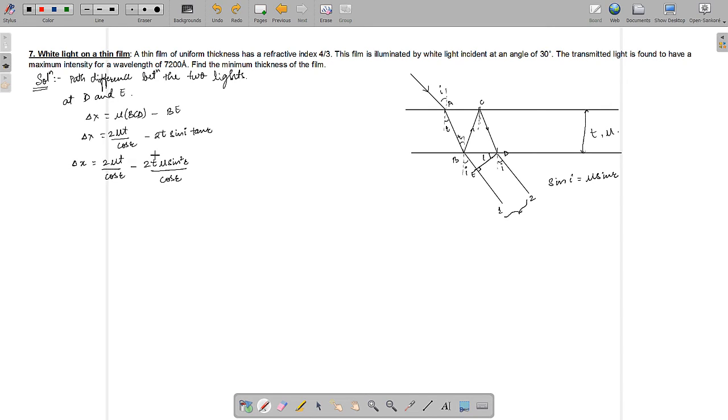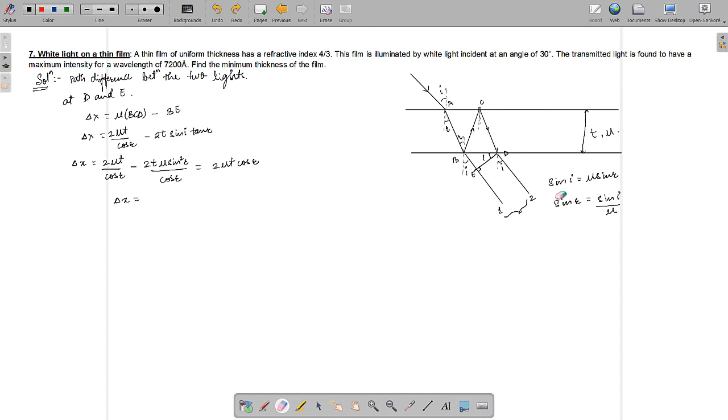If you take 2 mu t by cos r common, we get 1 minus sin square r, which will be cos r. So this comes out to be 2 mu t cos r. And for any general angle I, since sin r will be equal to sin I by mu,